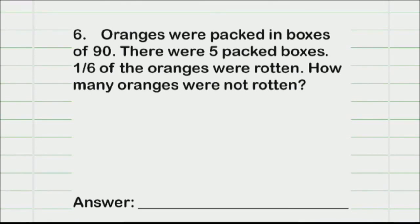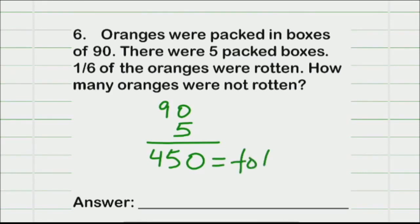So I would say 90 multiplied by 5 to give you 450. And what is this 450? The total amount of oranges. Excellent. And if 1/6 were rotten and they want to find out how many were not rotten,